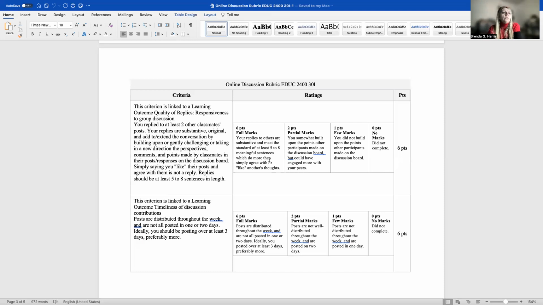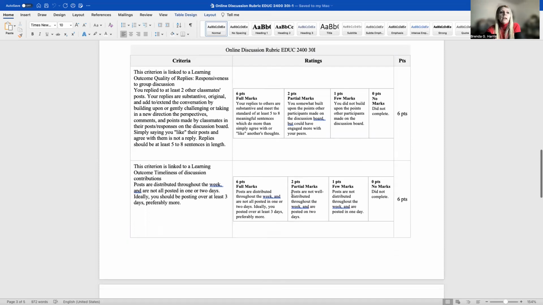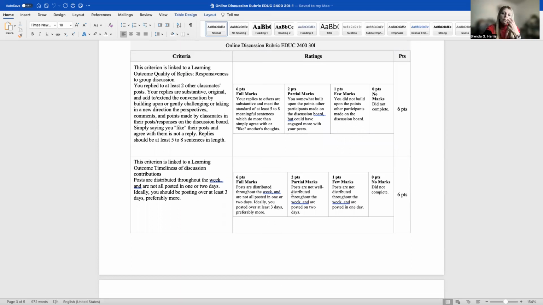So this next one is where a lot of people lost points. And this is one that you might think, well, that's kind of ridiculous. I can understand why some people might think that. It's the timeliness of discussion contributions. And to get six full points here, posts are distributed throughout the week and not all posted on 1 or 2 days. Ideally posted over at least 3 days, preferably more. Okay, so what that means is that